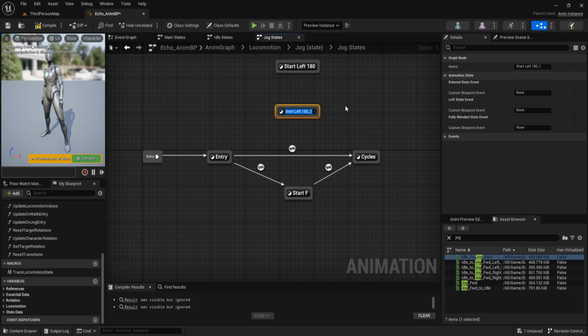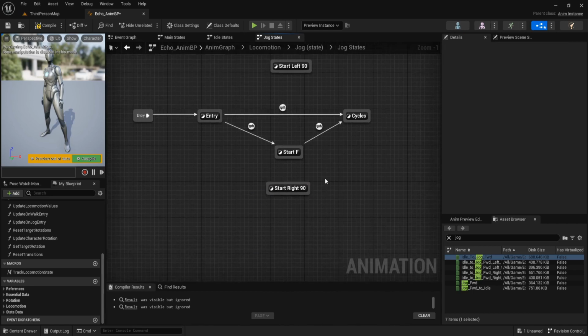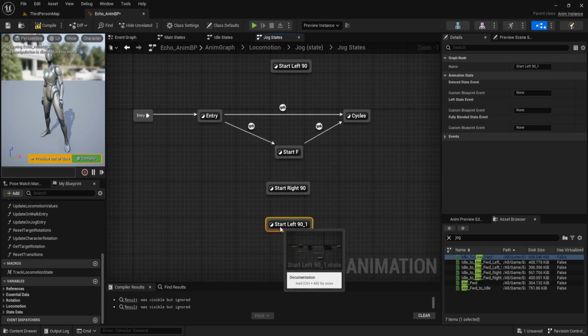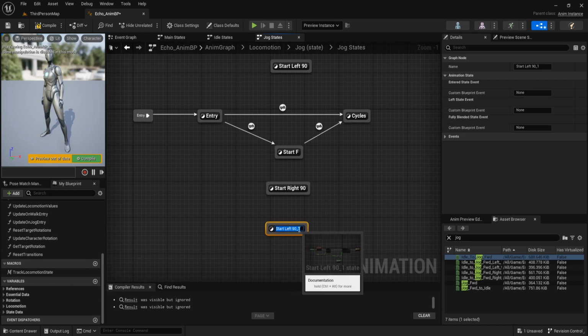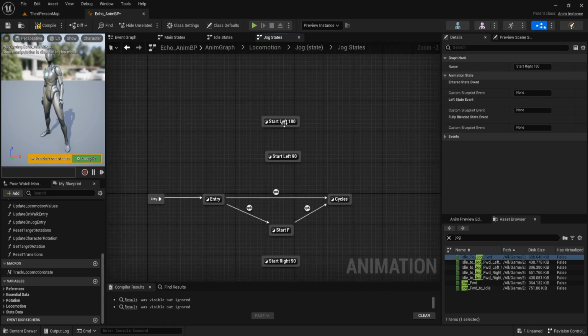This name is start left 90 and another is start right 90 and then start right 180 and open this.